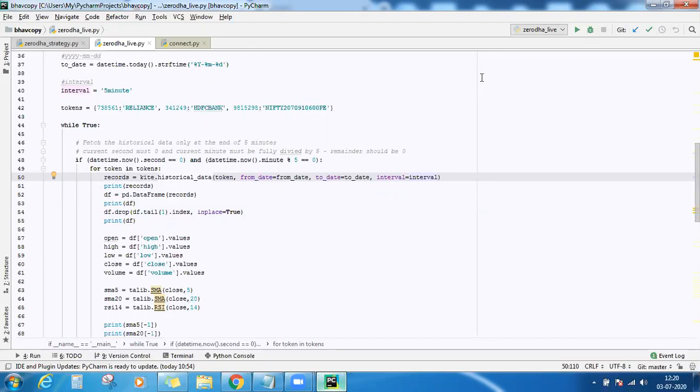Regarding breaking the streaming data into candles, the data that you get is not in the format of candle data. It only gives you the LTP. So what you can do is, you will be able to get only the closing price. Like the if condition that we have used here, you can use the same if condition, but you will be getting only the minute closing data. The high, low, and opening will be lost.